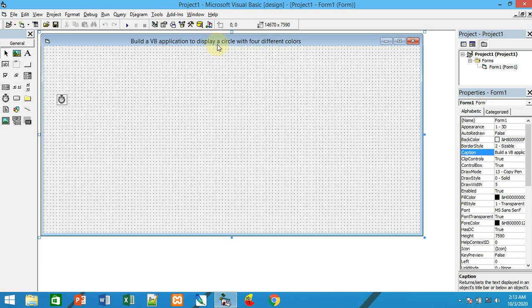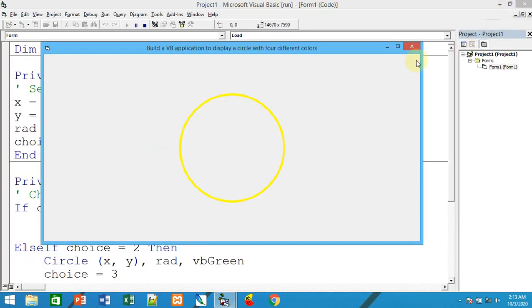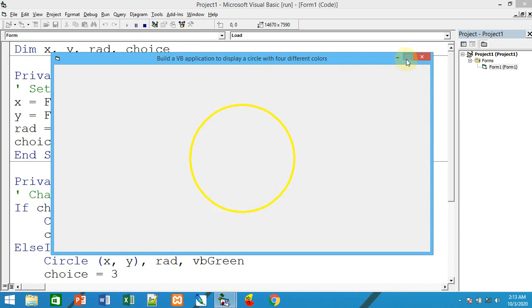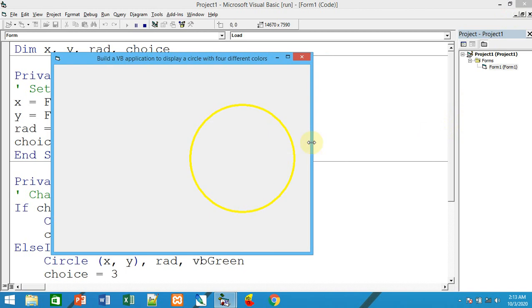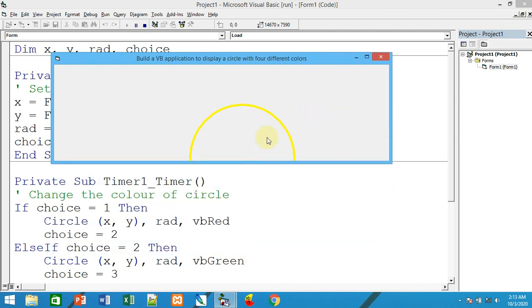One thing is, if you run it and maximize it, again the circle is displayed here. It should not be like that. The circle should be displayed at the center, even if you maximize, minimize, or change the form size during the program execution. Anyway, the maximize button is there. If you click on it, or decrease or increase the width or height, it will always stay at this one.